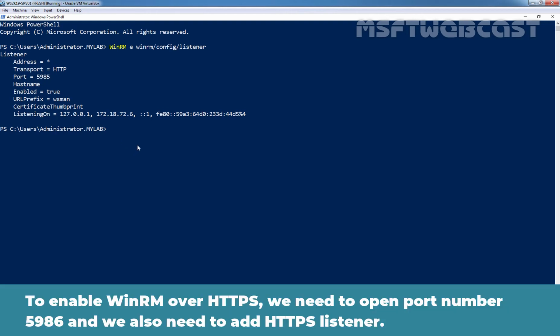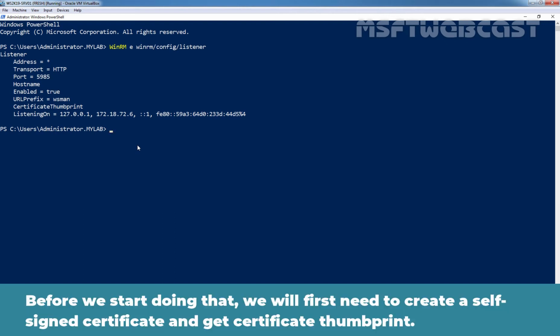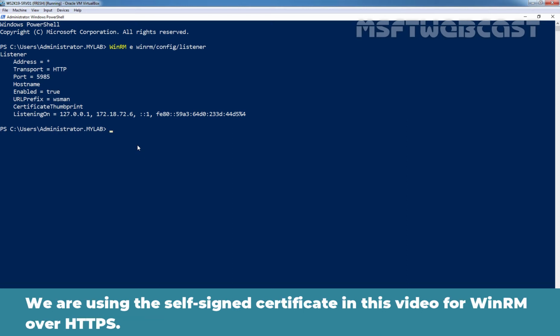To enable WinRM over HTTPS, we need to open port number 5986 and we also need to add HTTPS listener. Before we start doing that, we will first need to create a self-signed certificate and get certificate's thumbprint. We are using the self-signed certificate in this video for WinRM over HTTPS.